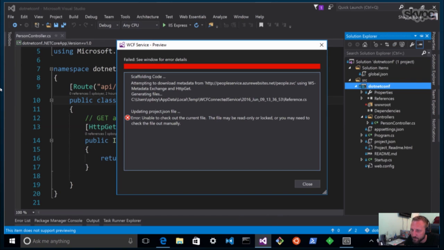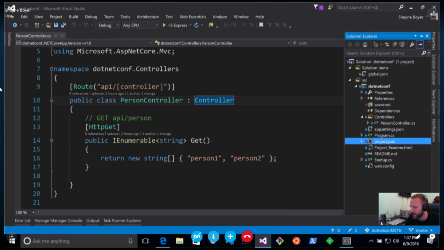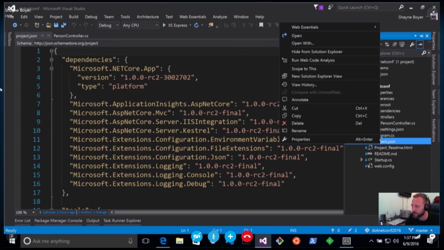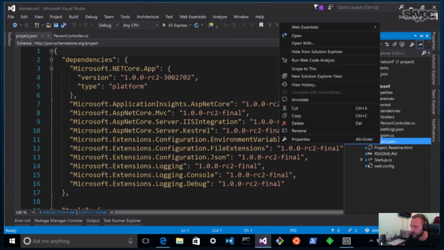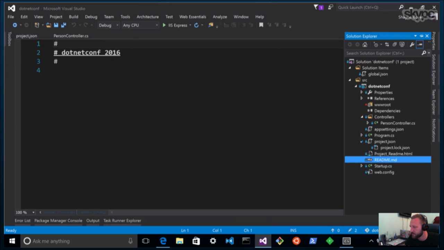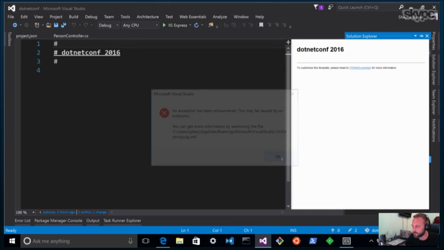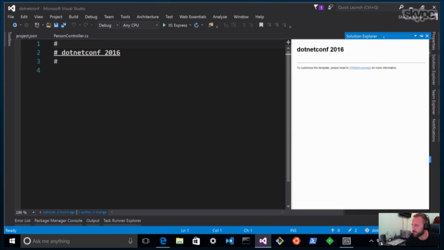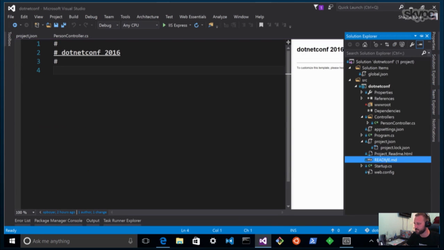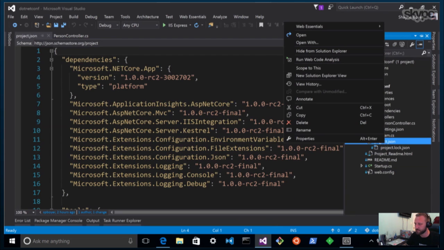Project.json. Awesome. Oh, it's got to add all the NuGet packages to it. That's why. Is that by any chance read-only on disk? I don't like you. Stop that. Let's do this. We need to do